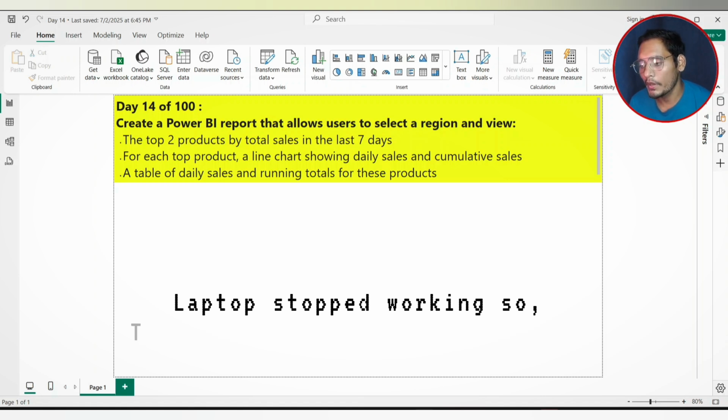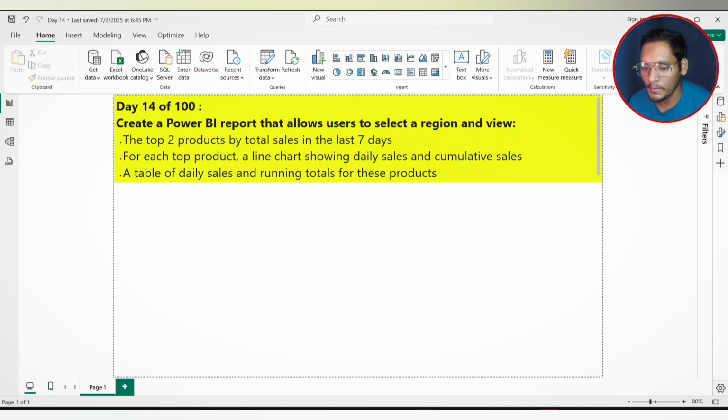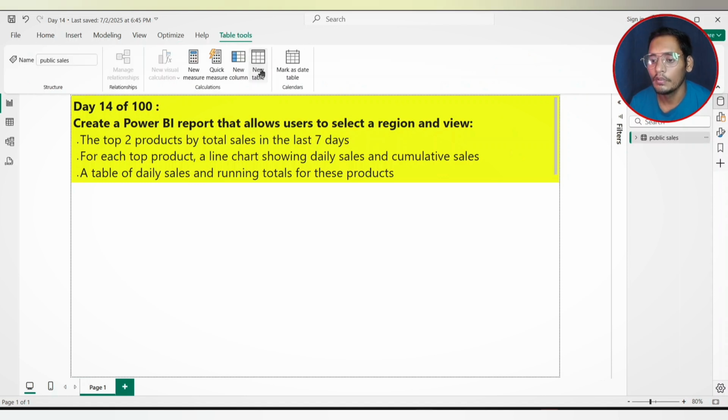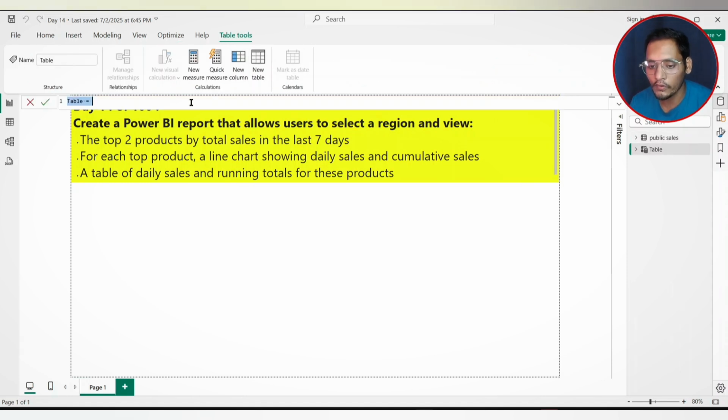And before jumping into the DAX and creating the measure, first we are going to create a custom calendar table which will store all the unique dates from our data set. Okay, so let's create this custom calendar here. If you don't know how we create a custom calendar in Power BI, just follow the steps here. Give it a name like date table,